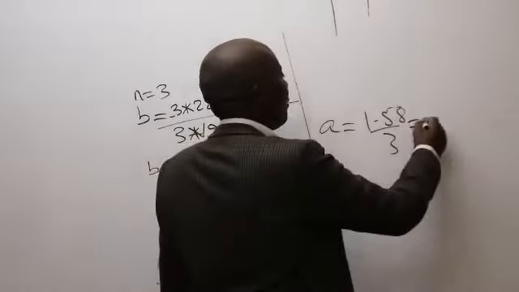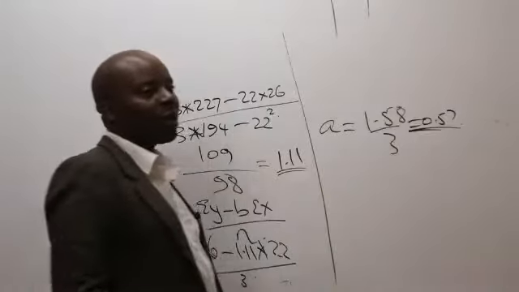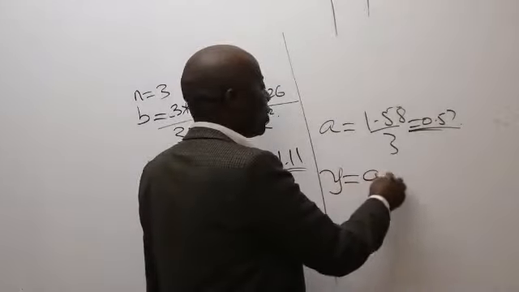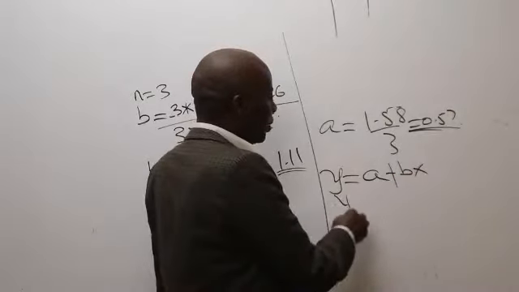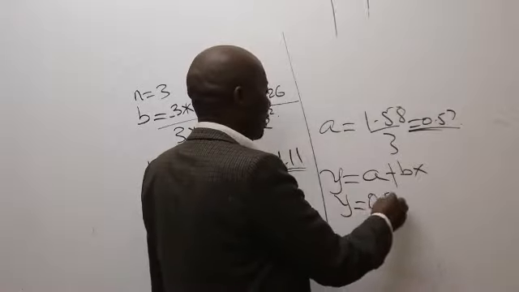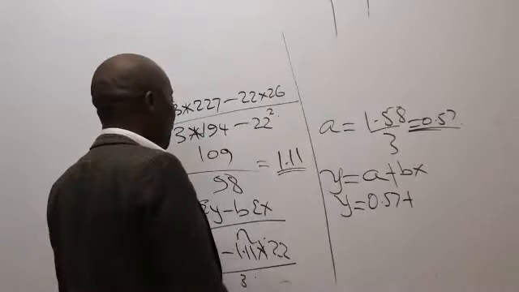Thank you very much. So once I have the values of A and B, don't forget the free mark. The free mark, ladies and gentlemen, you're supposed to come and give us here our equation, which is y equals A plus Bx. So our y will be equal to A that is 0.57 plus B, which is 1.11